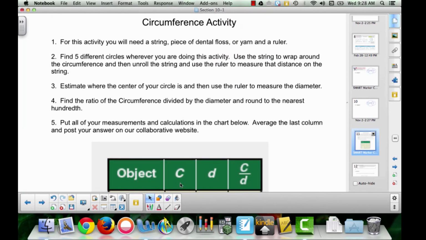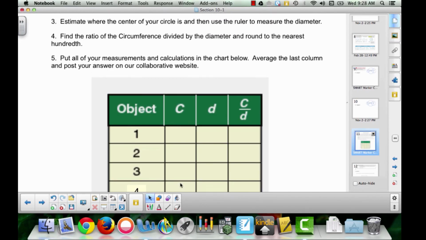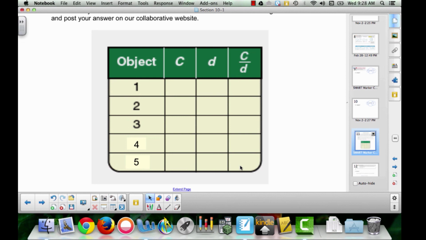Then you're going to have to estimate where you think the center of your circle is and use the ruler to measure the diameter's length. Put that in this chart. Finally, you're going to divide the circumference by the diameter for each of your circles, round to the nearest hundredth, and put that in the chart here. When you finished filling out the chart, I want you to average these 5 ratios